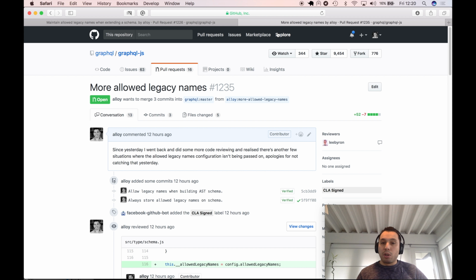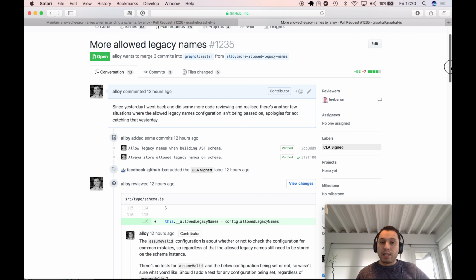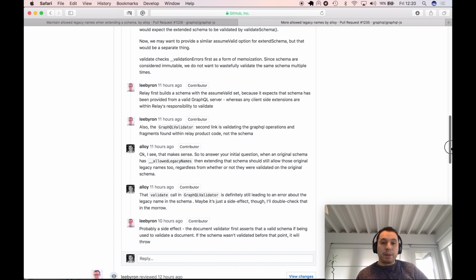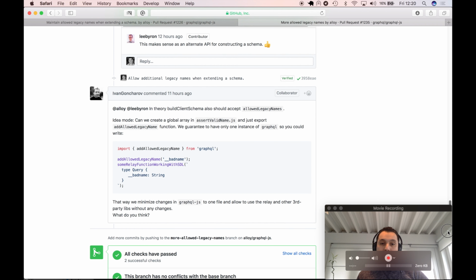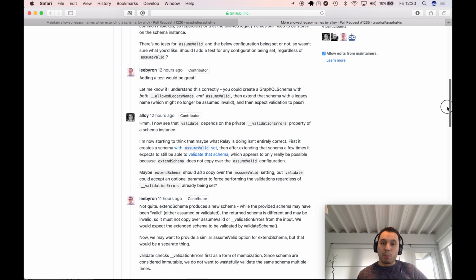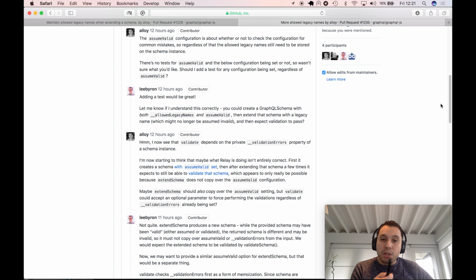If you might recall, I also made some changes related to initially passing the allowed legacy configuration into the original schema object at all. And so I had to make a new PR for that. There's already been some back and forth there, which again has led to a much better understanding on my part of how things should or should not be working. I guess one important thing here to note is that